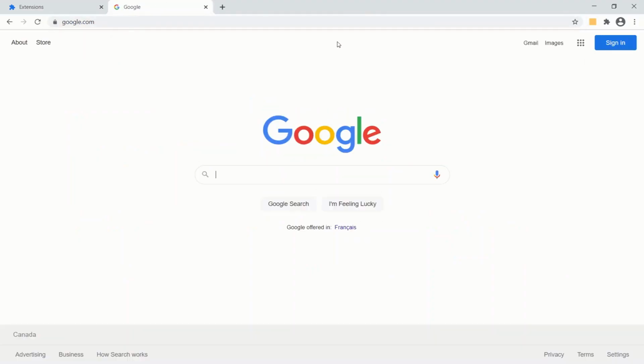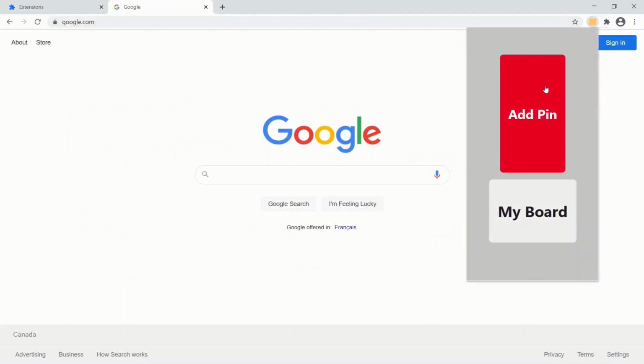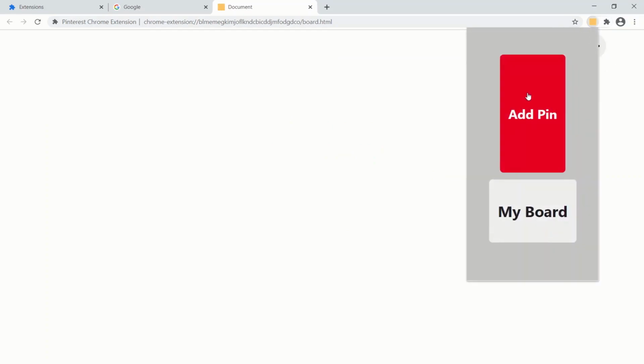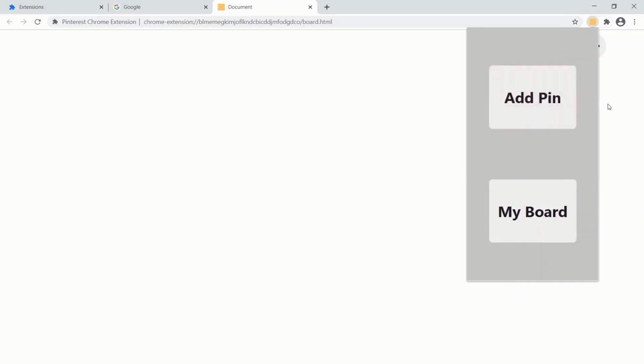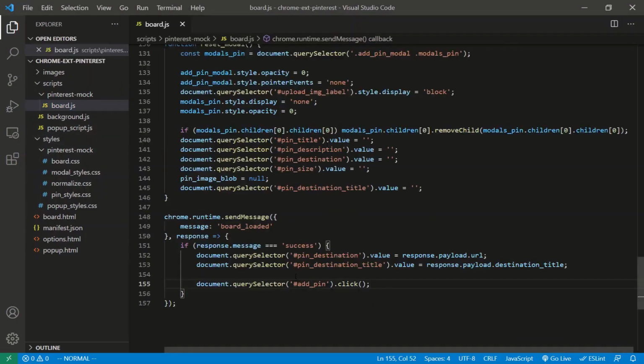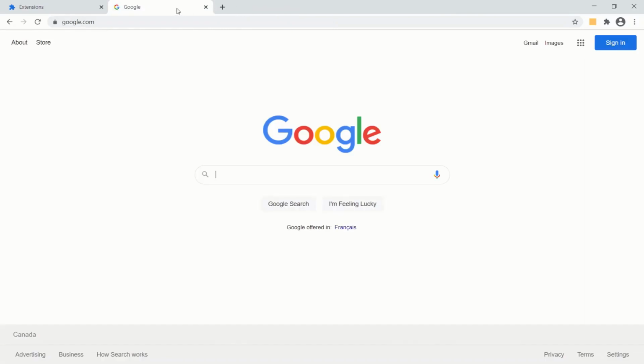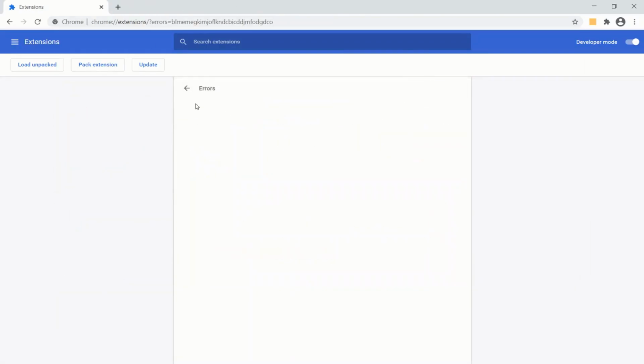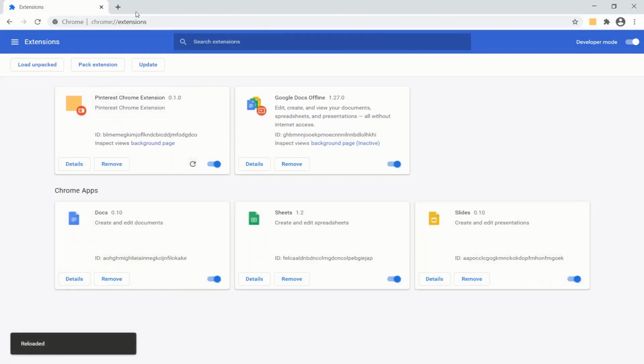Let's go to google.com and we will click add pin, and it doesn't click this button. Why is that? Oh, sorry, the add pin hashtag is this one. That's the ID. This is add pin as a class. So let's go back into the, who opens that? The board.js. This guy should be a dot. Save, go back, close, close, clear, refresh, open up